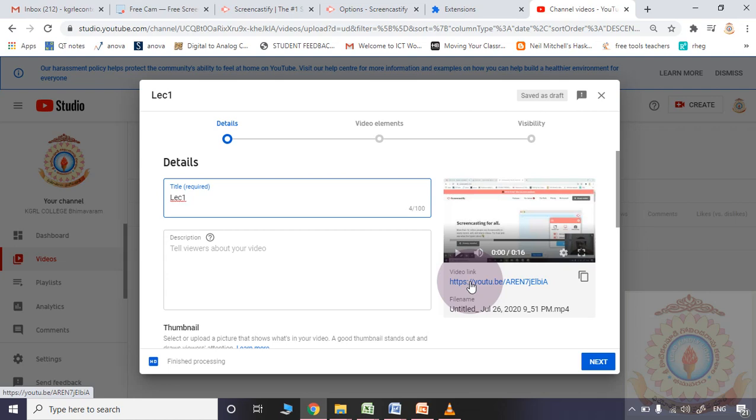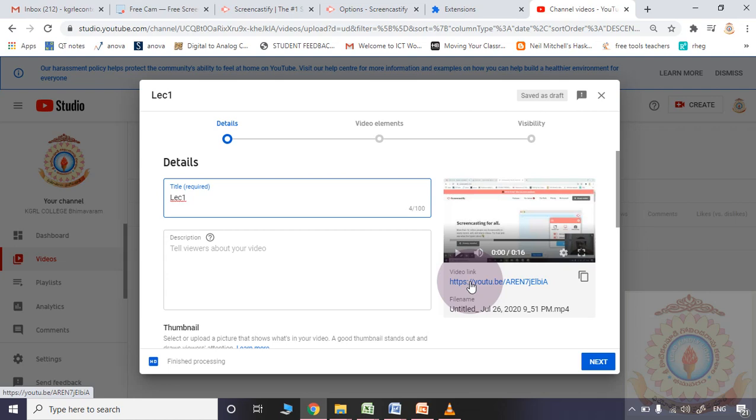So in this session I told only two techniques. One is by using FreeCam, another one is by using Screencastify. There are so many screen recording softwares like Bandicam, Camtasia.